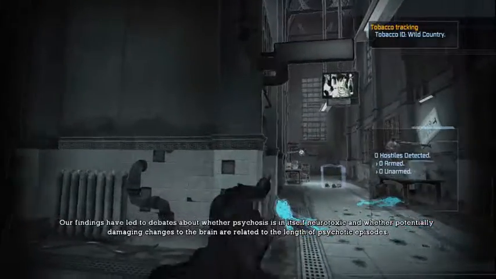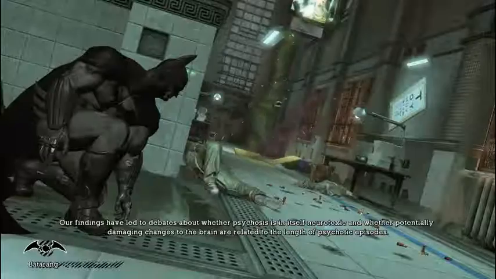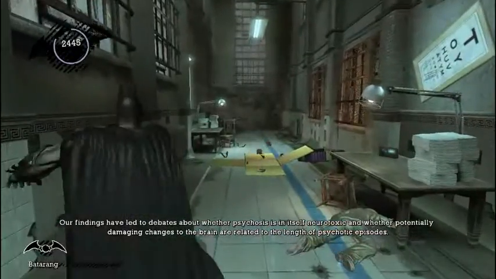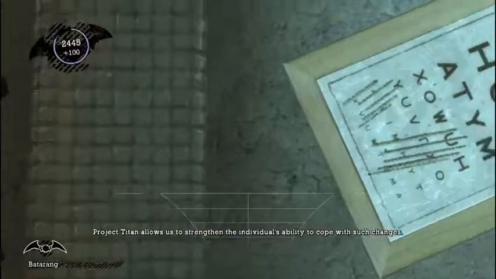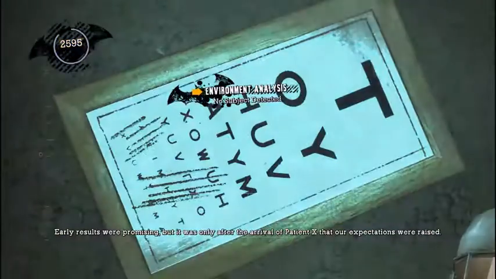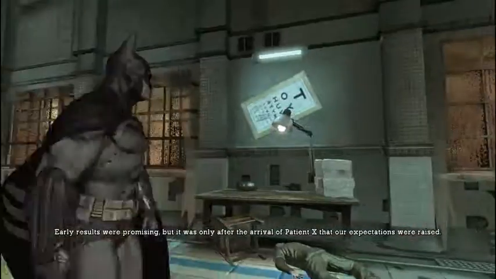Our findings have led to debates about whether psychosis is in itself toxic, and whether potentially damaging changes to the brain are related to the length of psychotic episodes. Project Titan allows us to strengthen the individual's ability to cope with such changes. Early results were promising, but it was only